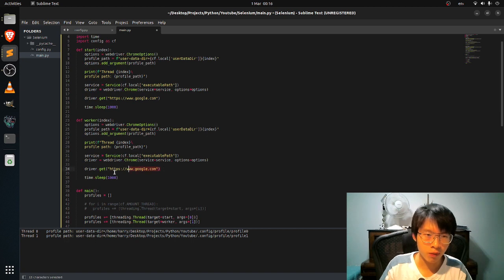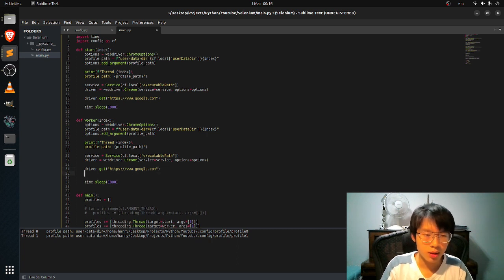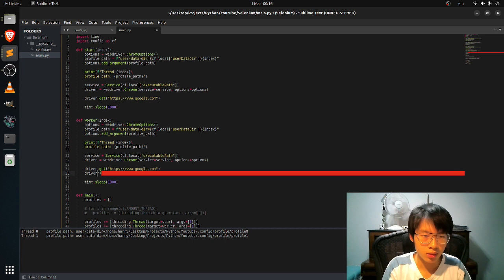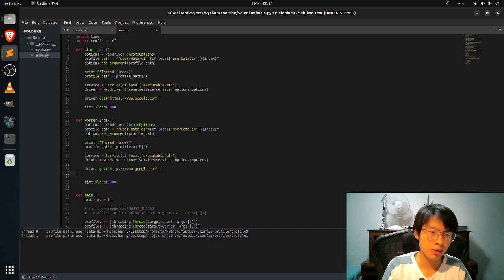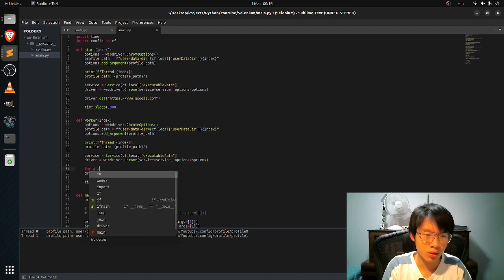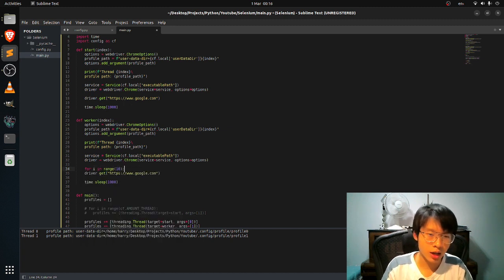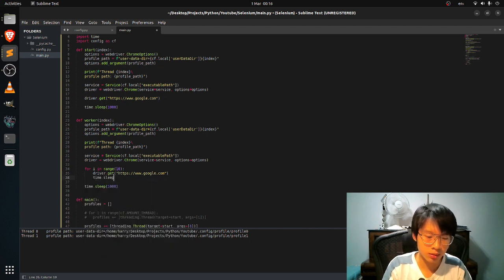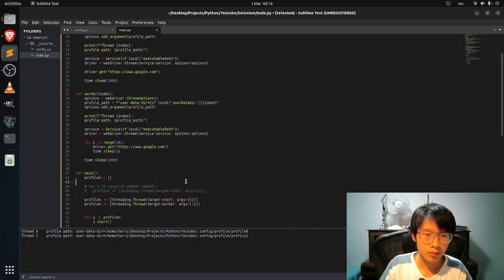So maybe for the worker you want to search something else. Maybe after you search google.com you want to search google.com again. For the for loop here, for example, maybe search it 10 times, put a time.sleep here. Alright,